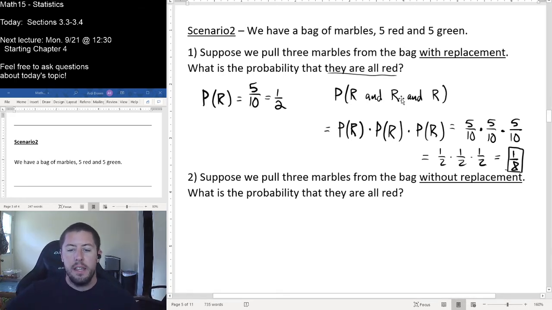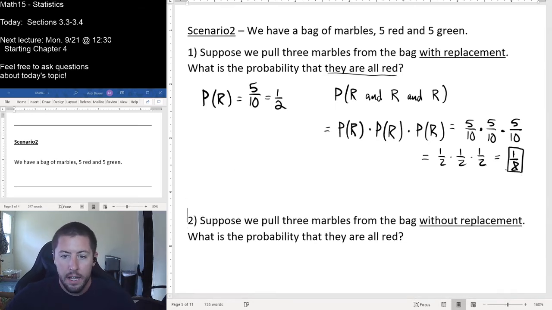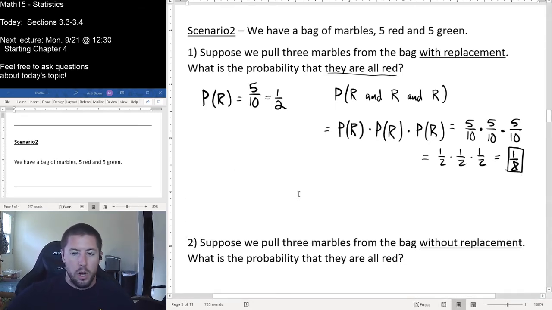Now, the important thing that happened here is that because these events were independent,